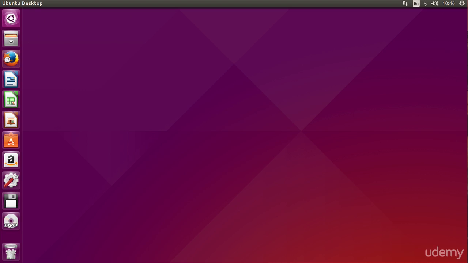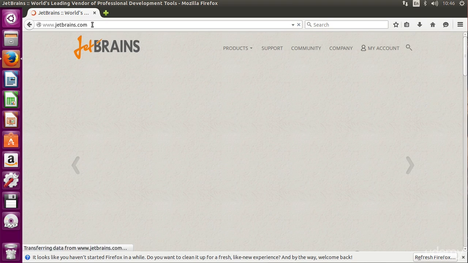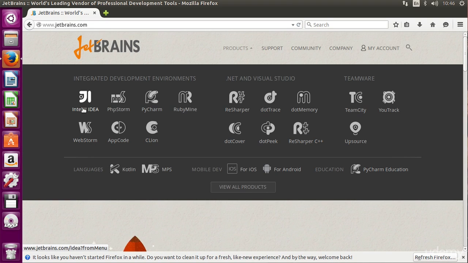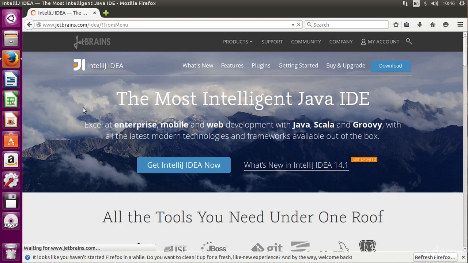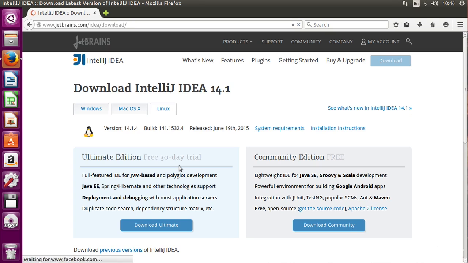I'm going to go to the JetBrains website, jetbrains.com. Then I'm going to select products when I get there. I'm going to choose IntelliJ IDEA. Click that. Let's close this little thing down the bottom of Firefox there. And I click on Get IntelliJ IDEA now. And it should automatically detect that we're on a Linux platform and give us the links to download the Linux